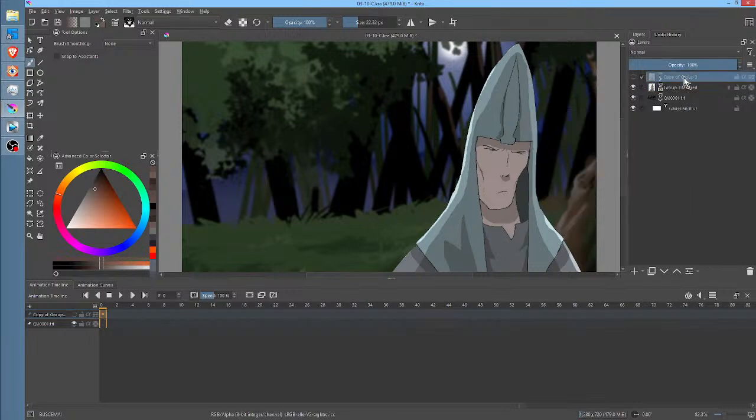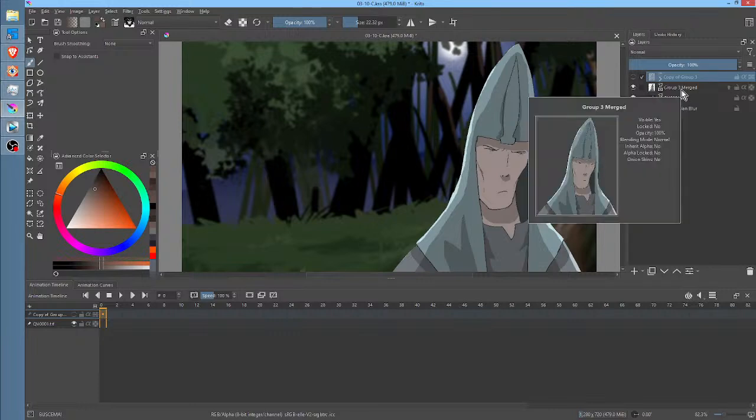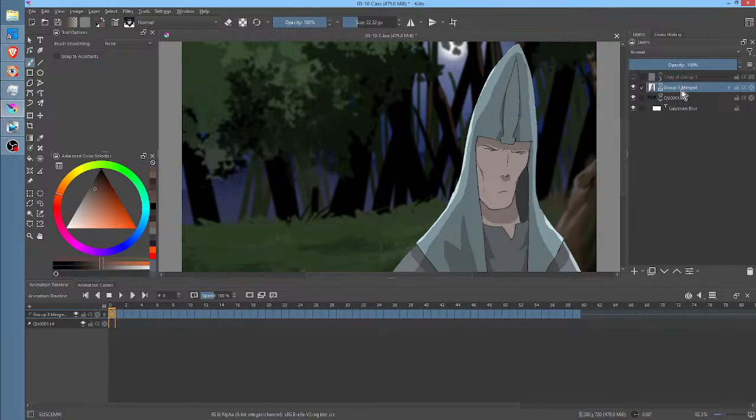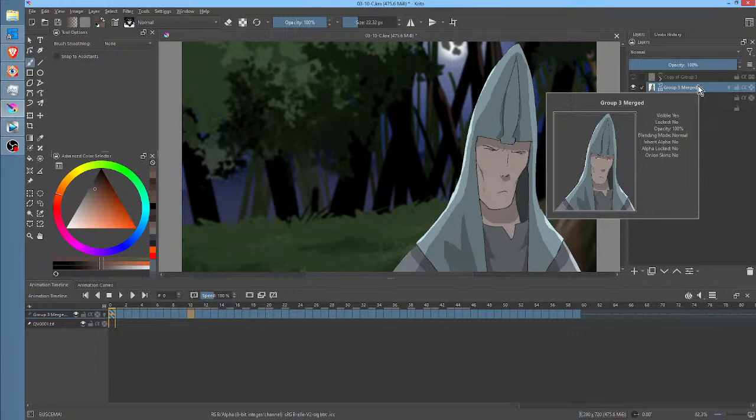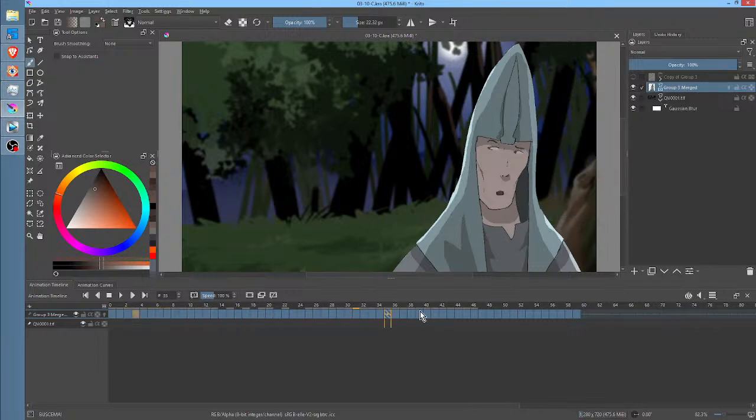If I did it on the whole group, yes, you can do it. Hopefully you got plenty of RAM. But if you want a good balance of performance and you're pretty sure that what's happening in these animated frames is in fact precisely what you want to have happen, then go ahead and merge them, and now it's just a sequence of frames. There's no real brains going on in the background like color correction and all that stuff. Okay, so that's step one.